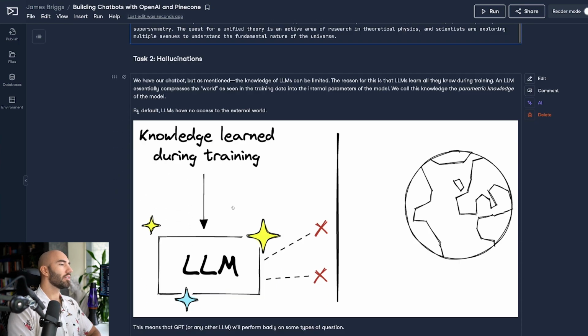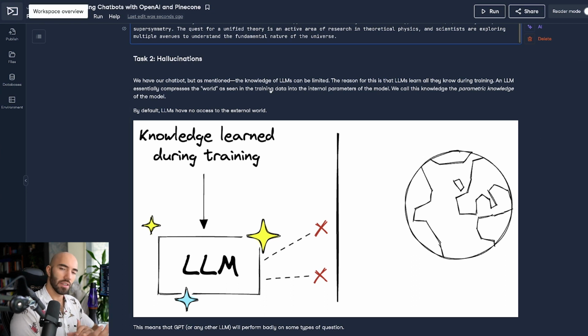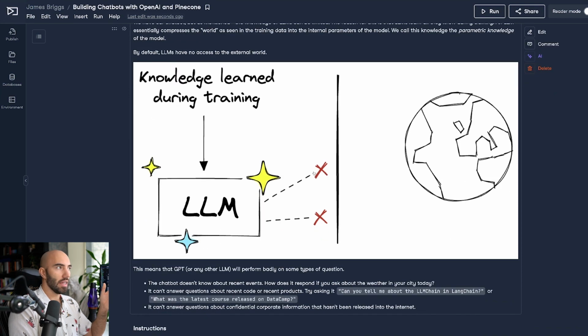We've covered this a little bit already in the previous two chapters, but we have our chatbot. It's not connected to the outside world whatsoever at the moment. So that means that it is just relying on the knowledge that it has learned during training. So we have this sort of scenario here, right? This is our LLM. There's the outside world. It has no idea about the outside world.